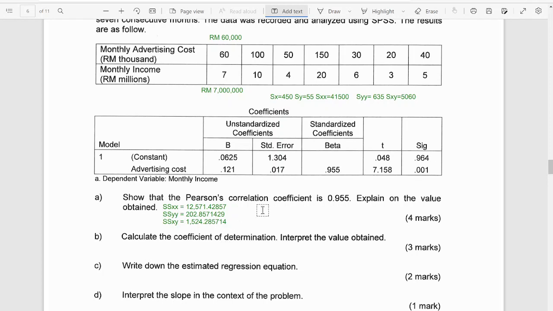So in this question right now, you can find the value of R. So here you can find R. So the correlation coefficient R is equal to SSXY divided by the square root of SSXX multiplied with SSYY. Okay, so in this case the value will be, you ada kat situ nilai dia YY, so